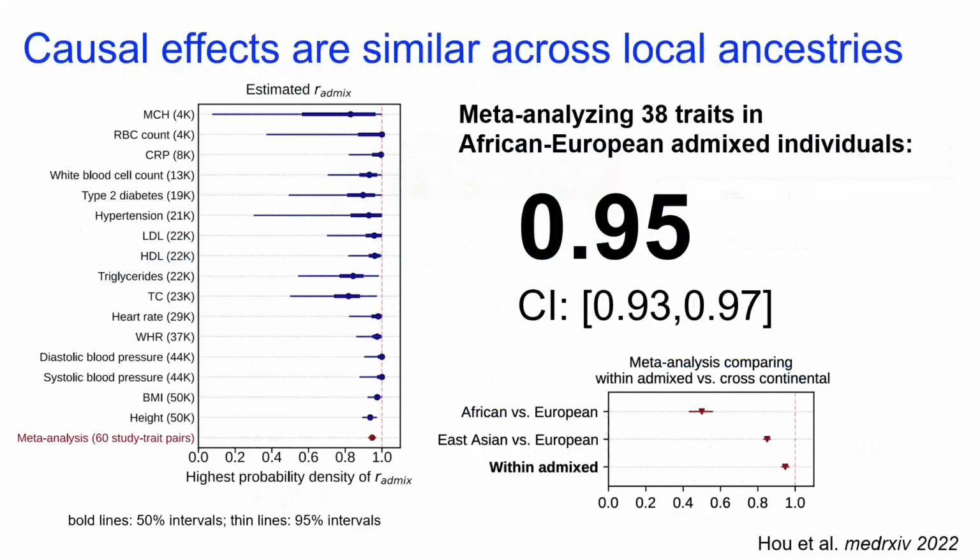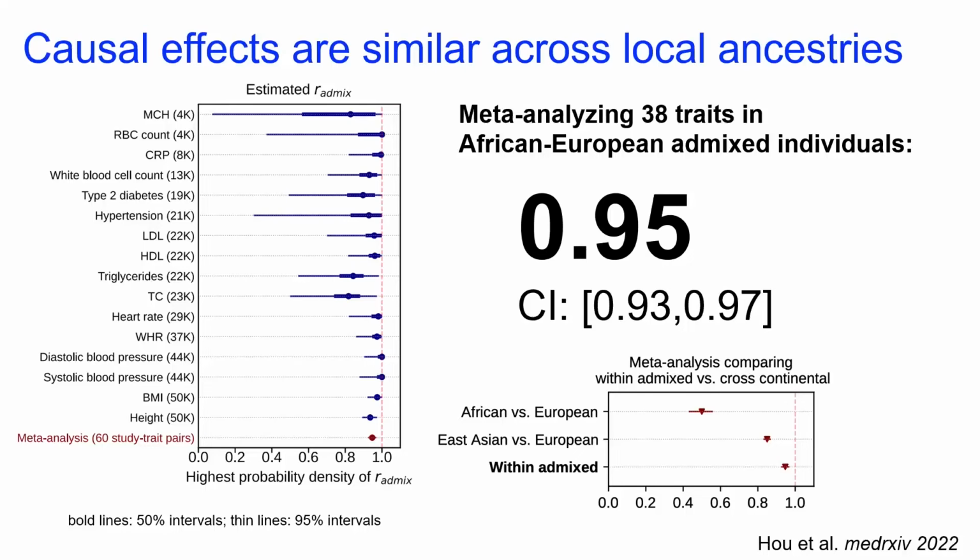So, long story short, what we found is that the correlation is very, very high. It's on the order of 0.95. You can see the credible intervals there. On the left side here, you see a selected 10 traits that happen to have the largest sample size. And you can see that the credible range for our estimate varies widely across traits because of the sample size, because of the number of cases for that trait. But in a meta-analysis, it's very close to 1.